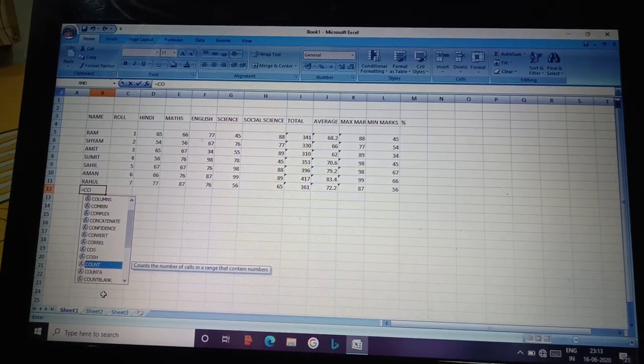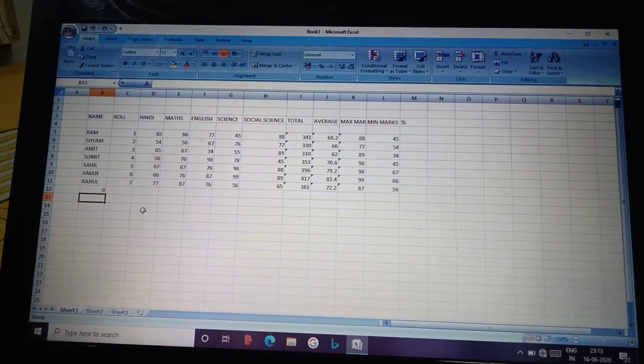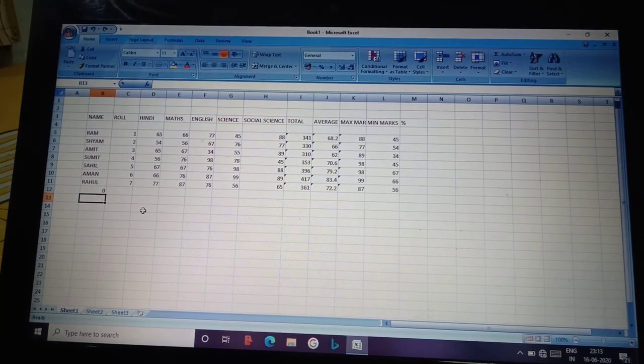Count counts the values. It is giving 0 because the cells we have selected do not have any number value.